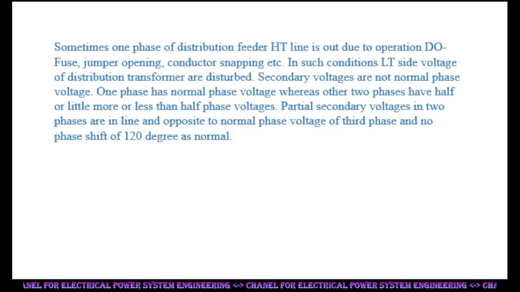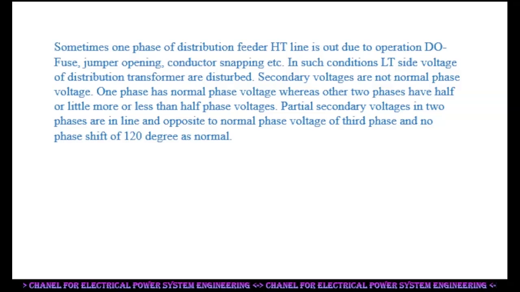Sometimes one phase of a distribution feeder HT line is out due to operation of a drop-out fuse, jumper opening, conductor snapping, etc. In such conditions, the LT side voltages of the distribution transformer are disturbed. Secondary voltages are not normal phase voltage. One phase has normal phase voltage whereas the other two phases have half, or a little more or less than half, phase